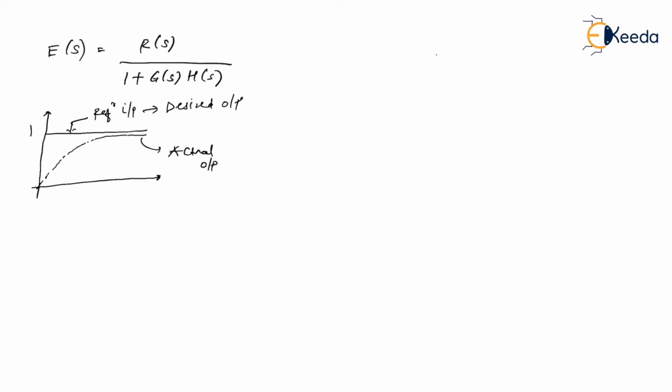So from the beginning, if you see, even from t equal to 0, as you can see, this error means a difference between the desired output and the actual output. As you can see, this difference goes on decreasing. Am I right? So I would say this is nothing but error. Error means desired output and actual output's difference. Am I right? So difference between desired output and actual output is considered to be error. And as you can see, this error is a function of time, because as soon as the time is progressing, error is reducing. So this error is considered to be function of time. So this E of t is an error which is function of time.